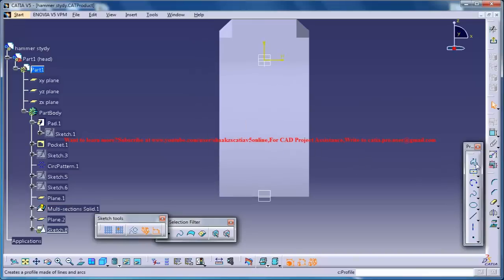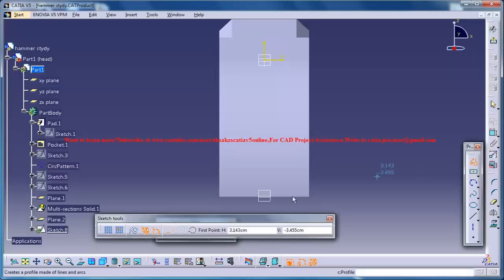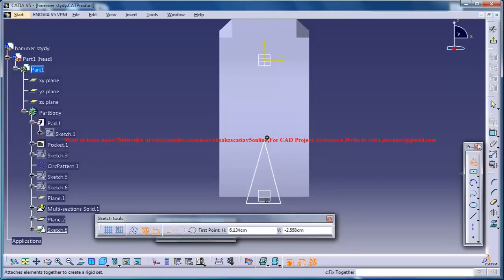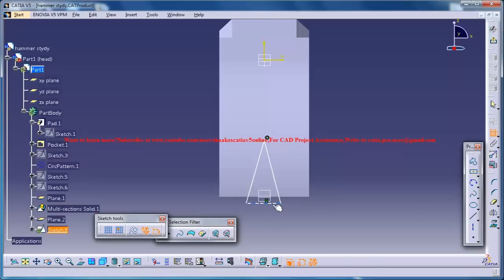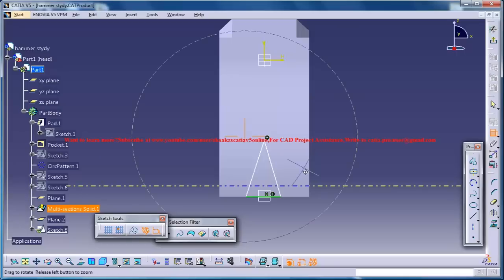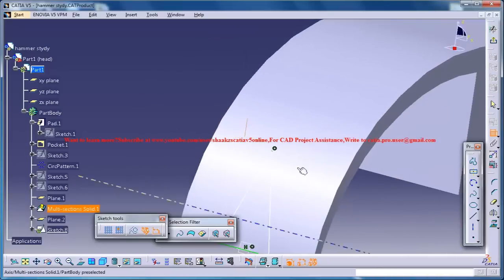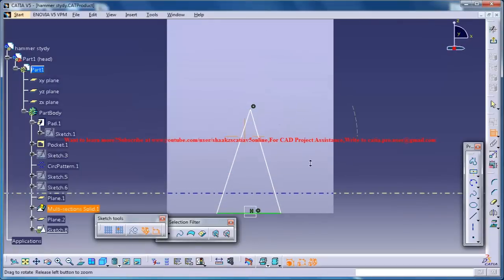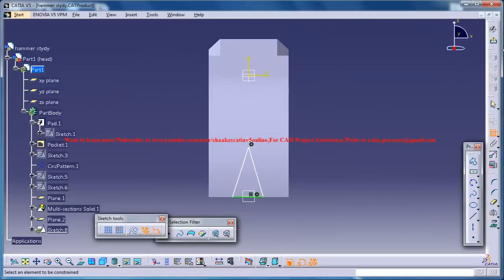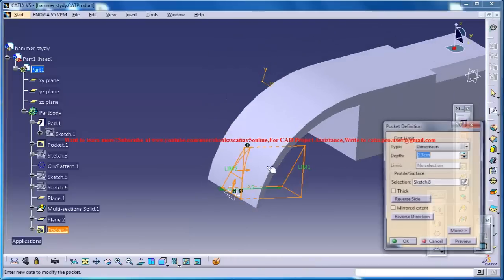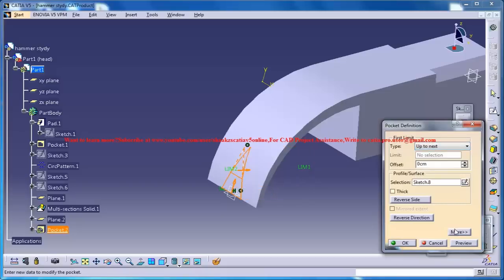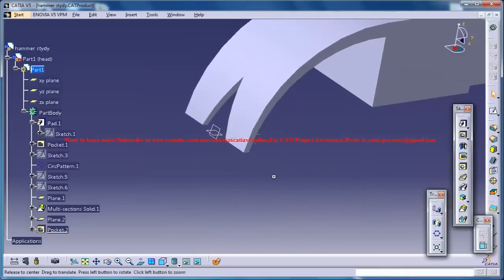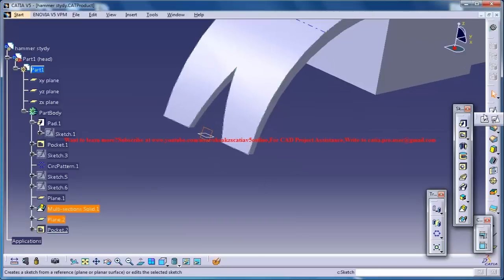Then what you can do is just create a triangle and then just go inside them. Come to the normal view. I think this is sufficient. Just exit the sketch and then go for a pocket. Up to next will be fine. Again, go for another up to next. Click on OK. It creates our required slot,